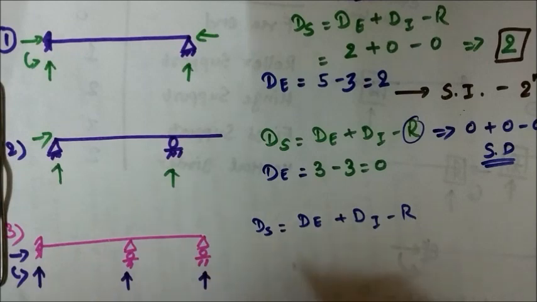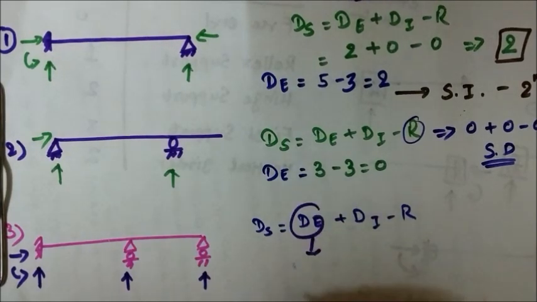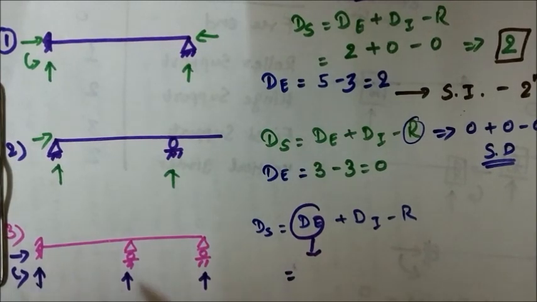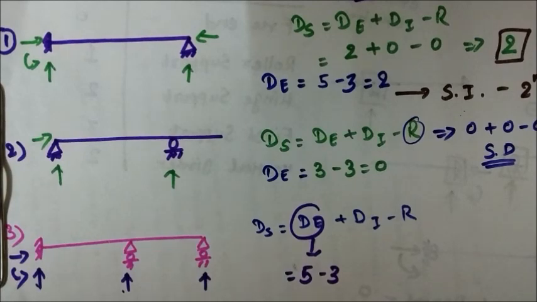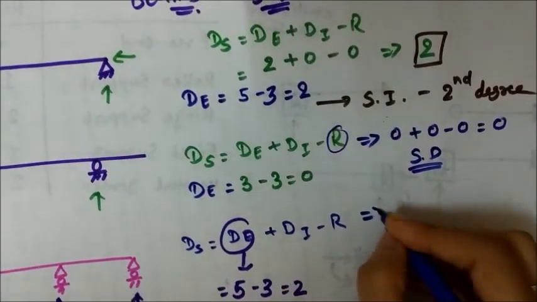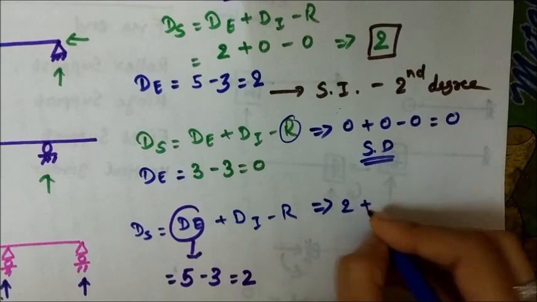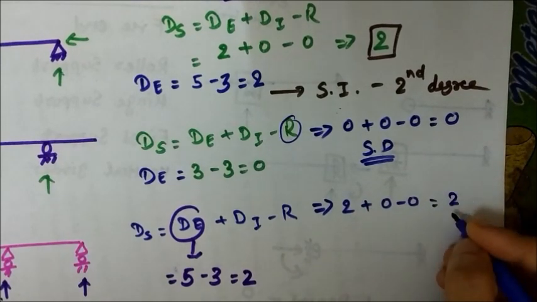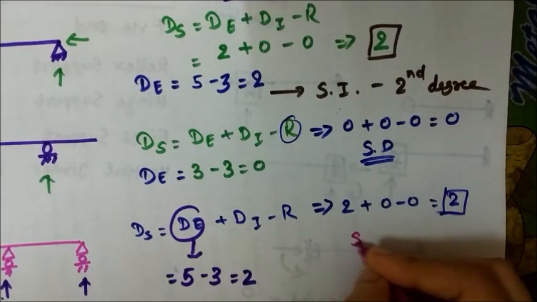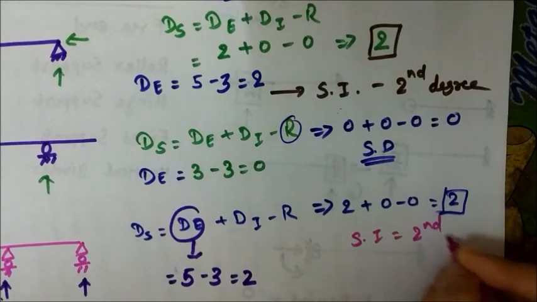And if we talk about De, it will be the total reactions. How many reactions do we have? 1, 2, 3, 4, 5. 5 minus 3, the basic static equilibrium equations, and it is 2. Then the value of Di is 0 and R is 0, so you can just write 2 plus 0 minus 0 is equal to 2. So similarly you can get an idea that this beam is statically indeterminate to the second degree. Okay,